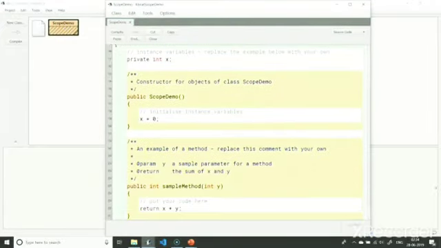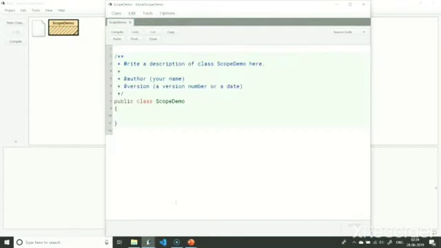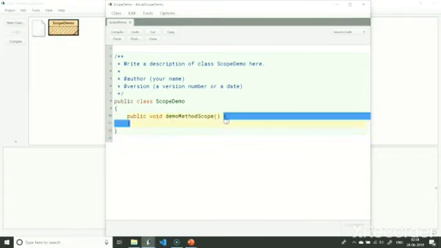Let me remove this auto-generated code here. Next, I will declare a new method, demoMethodScope. These opening and closing curly braces define the scope of the method.